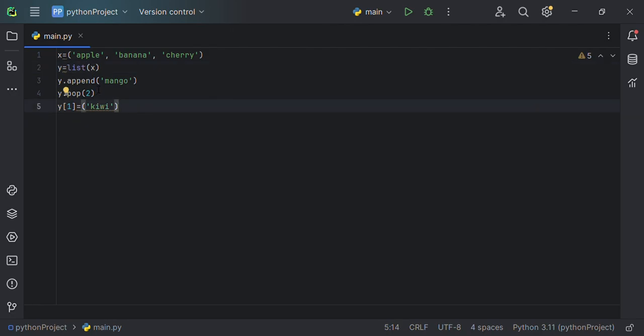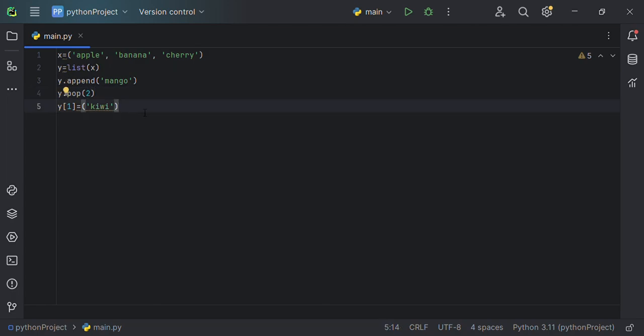And append means add mango in my list. And this one here, y.pop(2), means delete or remove the second index